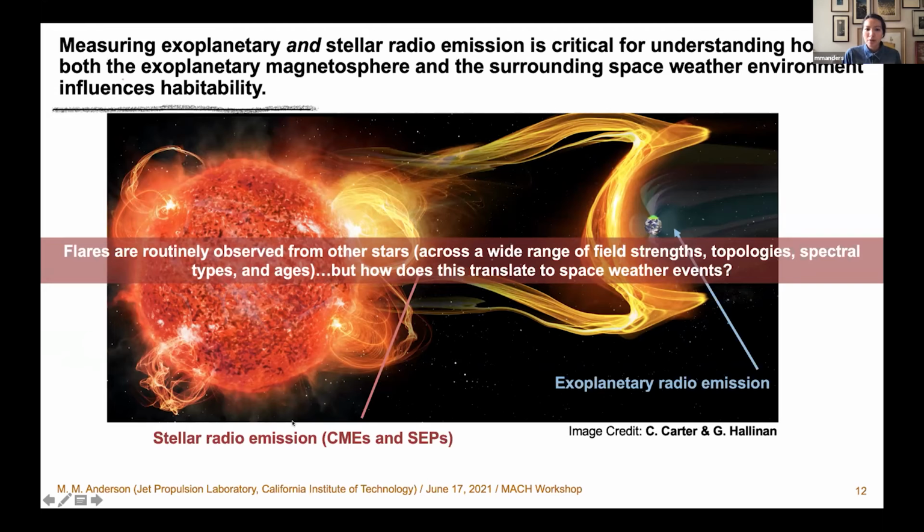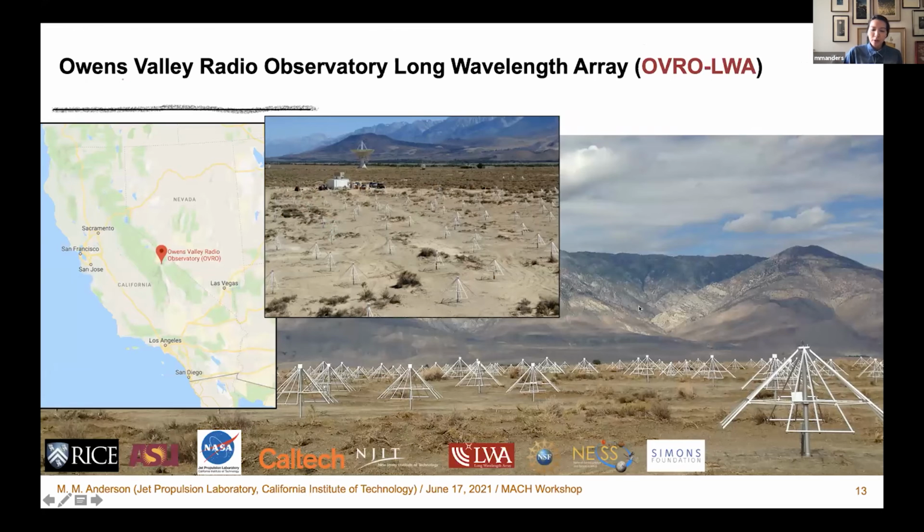For instance, M dwarfs, which can be very active in terms of flaring activity, may not necessarily produce CMEs at the rate we would expect if we're just extrapolating the solar case. So one way that we're trying to measure all of these signposts of space weather and exoplanetary magnetospheres is through the Owens Valley Radio Observatory Long Wavelength Array, which is one